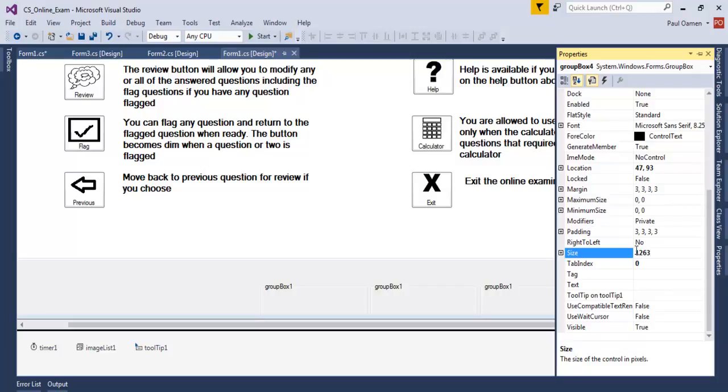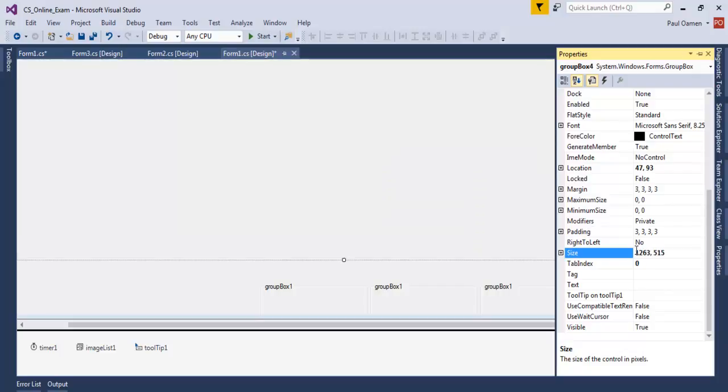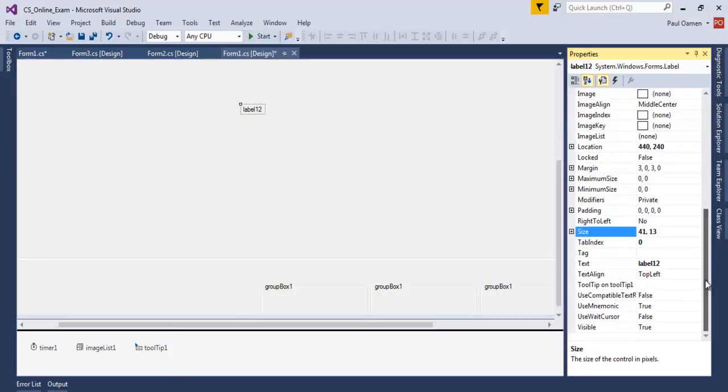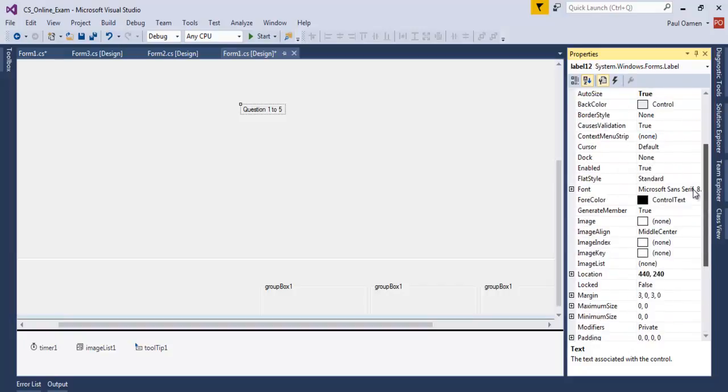and the size 1263 by 515 right there. Okay, now the next thing is, let's get a label on board and change the properties of this label. In there, let's just say Question 1 2 5. The first 5 questions will be entered on this very group box,